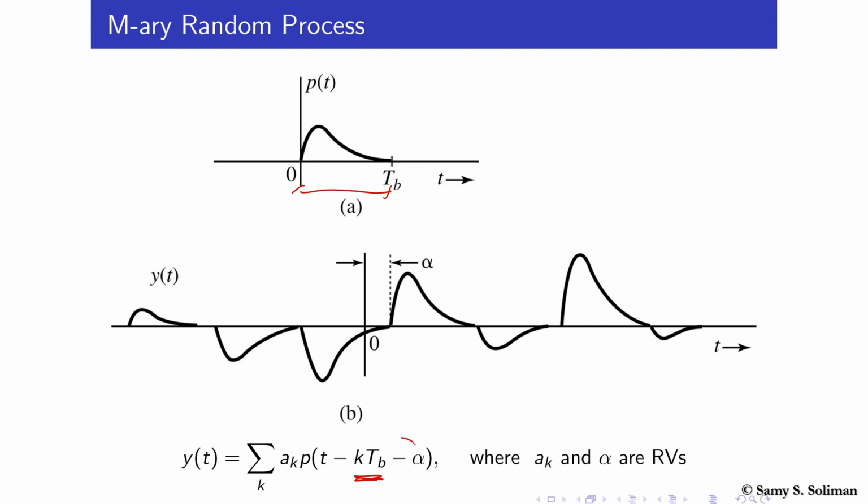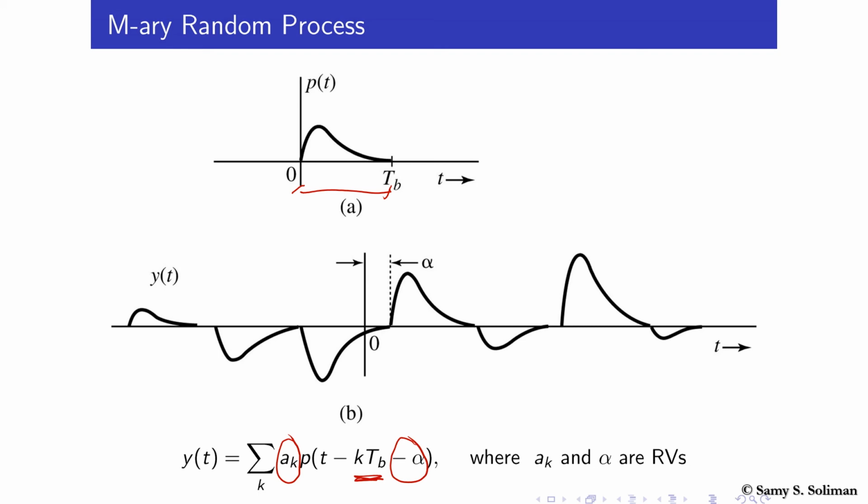They arbitrarily start at alpha seconds from the origin. This is a random variable, and they are weighted or scaled by amplitudes a_k, where a is taken from a set of M possible values of the amplitude. Of course, this is a generic case compared to the binary case that we discussed before. For example,